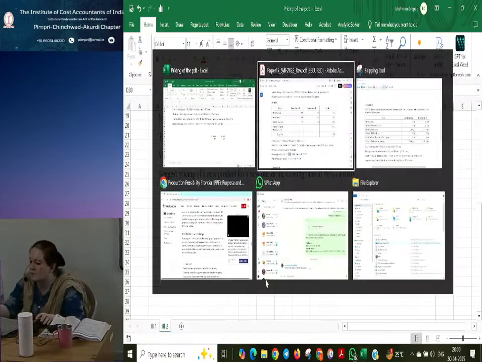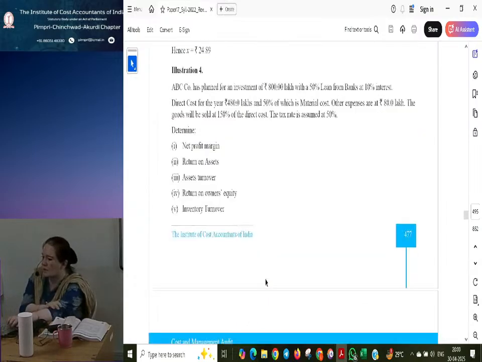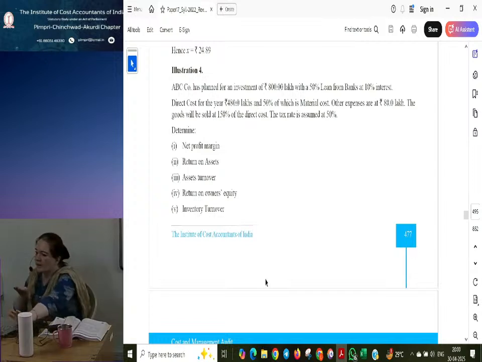So then let's look into another example which talks about the different ratios. You can expect a 10 marks question. We have already worked through a lot of ratio analysis from the previous year question papers. So it is once again a revision of the ratio analysis and formulas that you have done in your financial management paper in Inter.